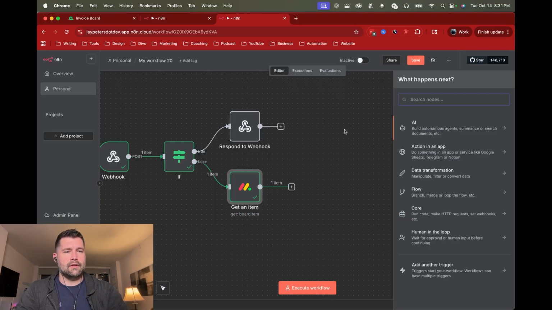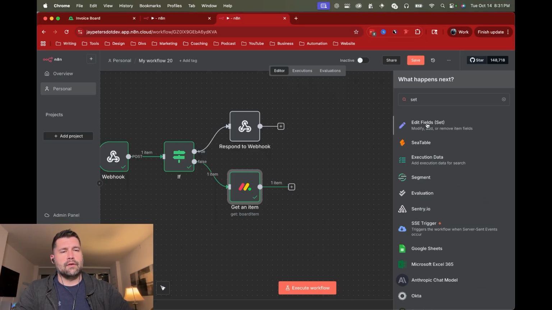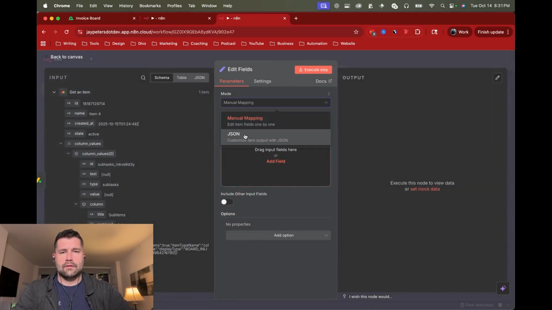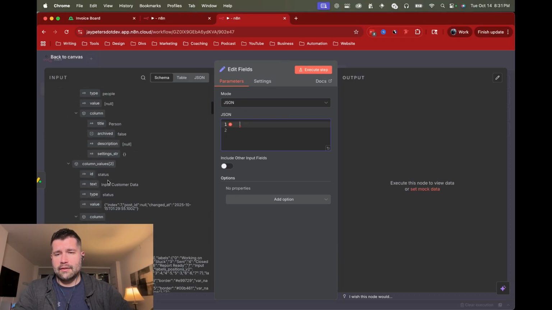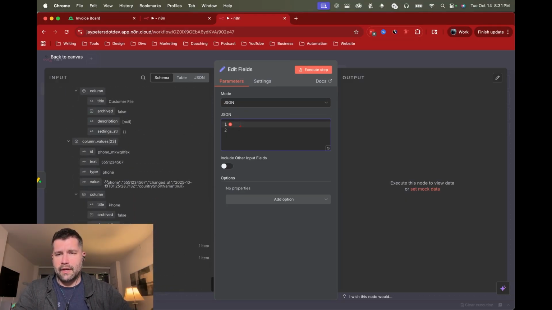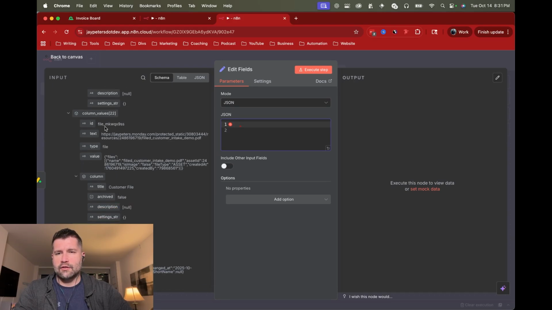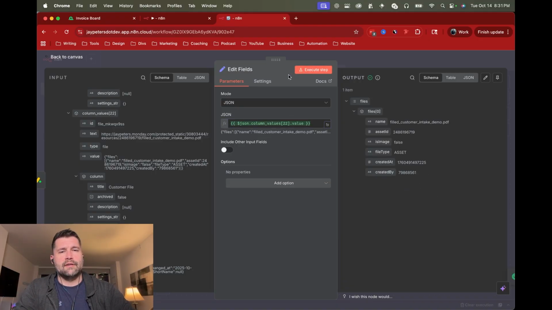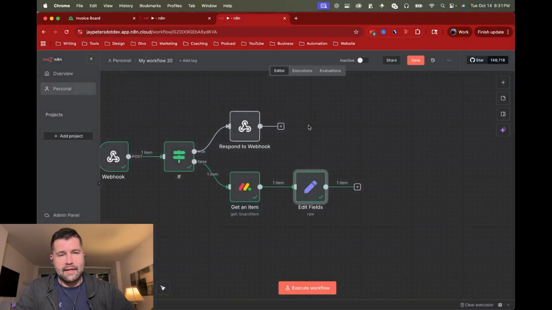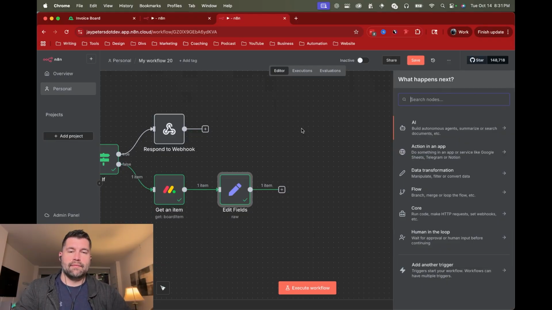So in this case, I'm going to do a set, and we're going to do edit fields set. And I just want to grab the files data. And Monday.com has already provided a JSON payload basically for that. So I know that my customer files column was down here at the bottom. That's where I uploaded the PDF. The value, we can just drag in here. So the value of that PDF is here. It's got some metadata for it. So if we go ahead and execute that, we turn that into an actual n8n formatted JSON object. So this is good to go. Really, all we're after here is the asset ID,